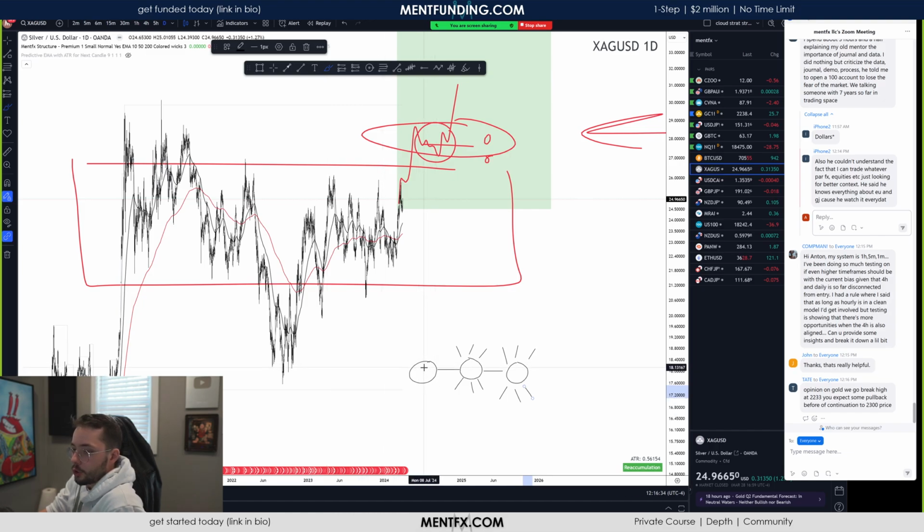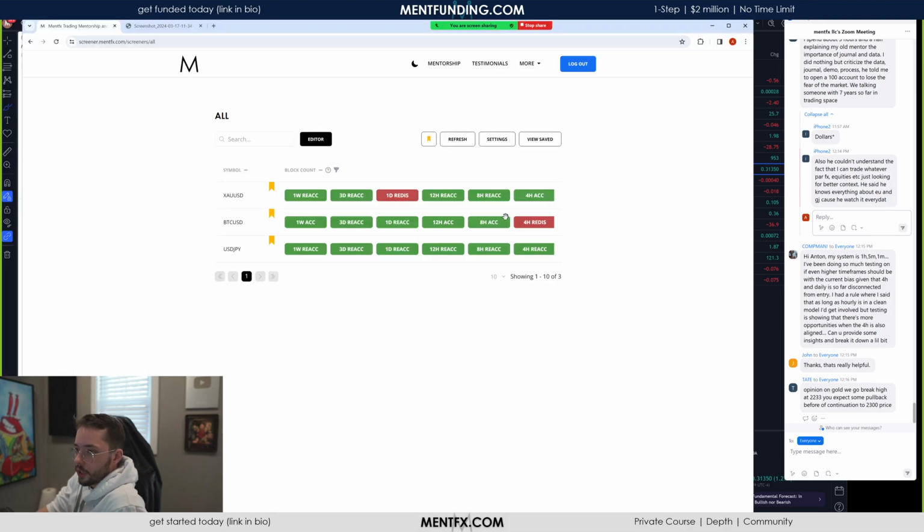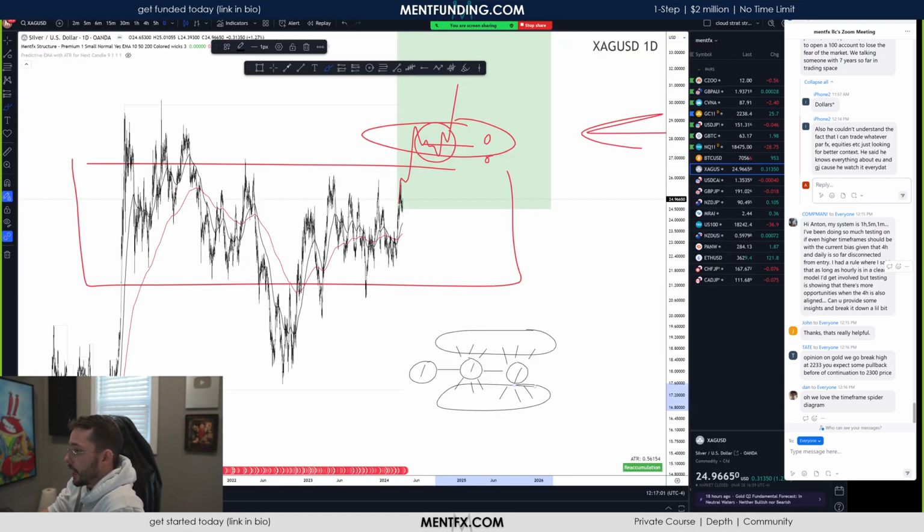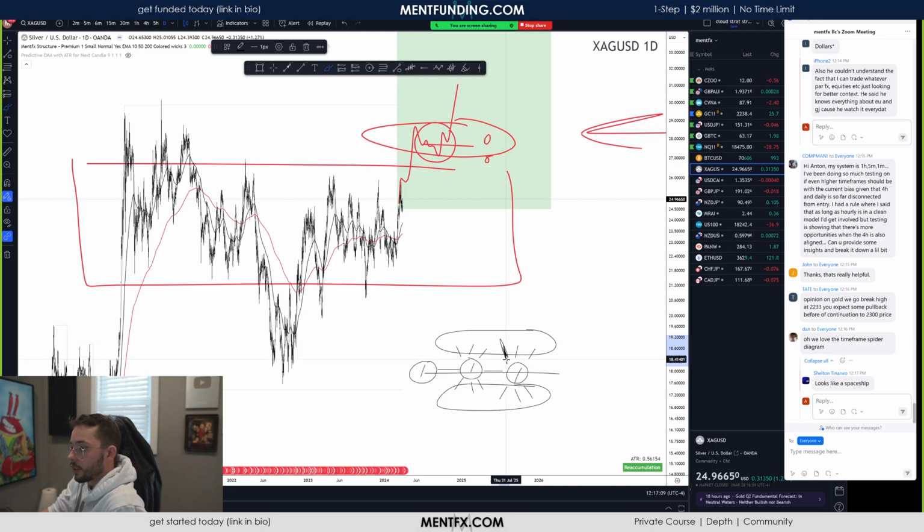Of course, if you use just 3 things, it is very likely that you might do a little bit worse than if you use a conjunction of multiple. Hence why the screener was built out like this. Not with 3 time frames, not with 2 time frames, but with multiple. Because when something is generally green but everything else is red, it's going to move a little bit worse than something that is generally green everywhere. So that comes back to the exact thing you're saying, which is, hey, when things are clean like this, it's okay. But I find that when the 4 hour as well is clean, all of a sudden